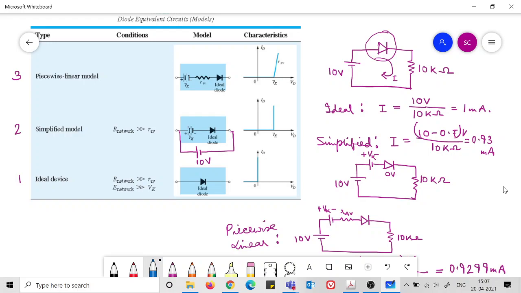So always we will not be able to use the Shockley's equation, so we would have to approximate the diode behavior, and there are three approximations which we learned: first, second, third. The ideal diode is simply like a switch, and then the simplified model has a voltage bias, which is a knee voltage when it is on. The piecewise linear model also has an associated average resistance along with the knee voltage.